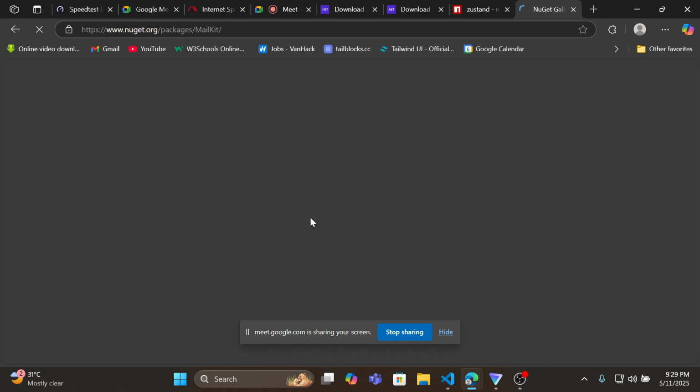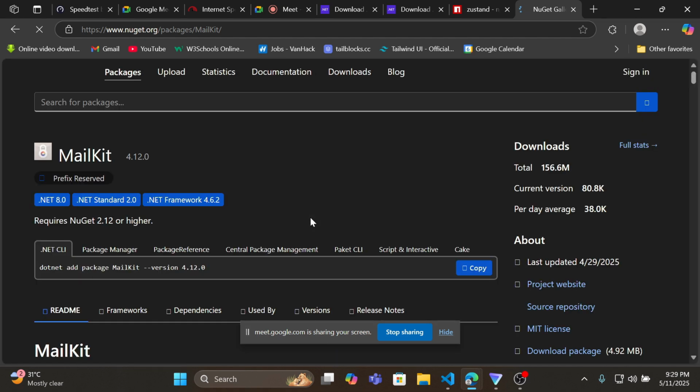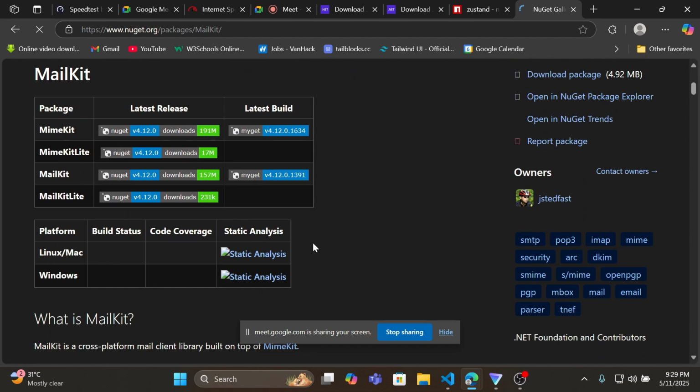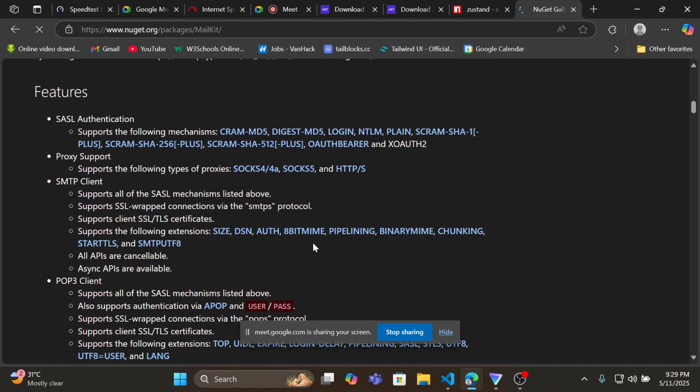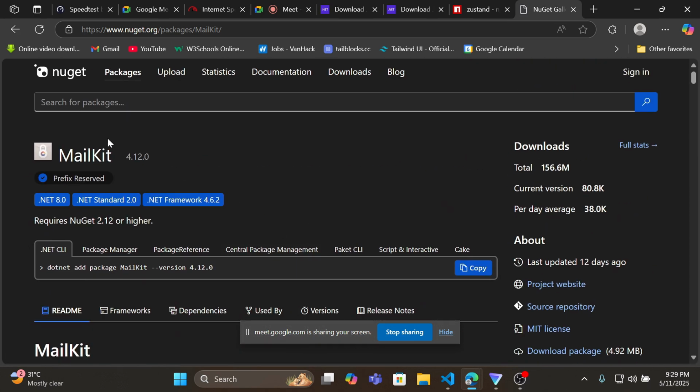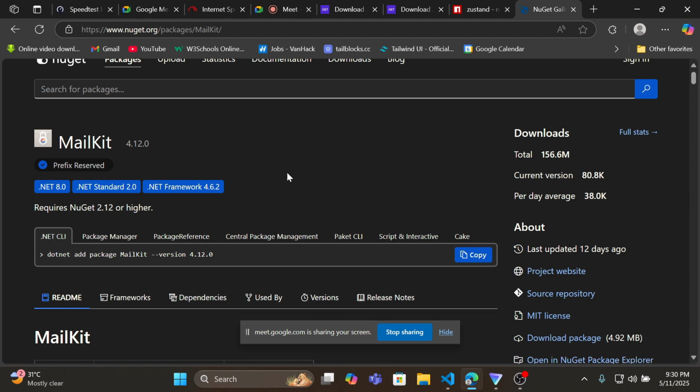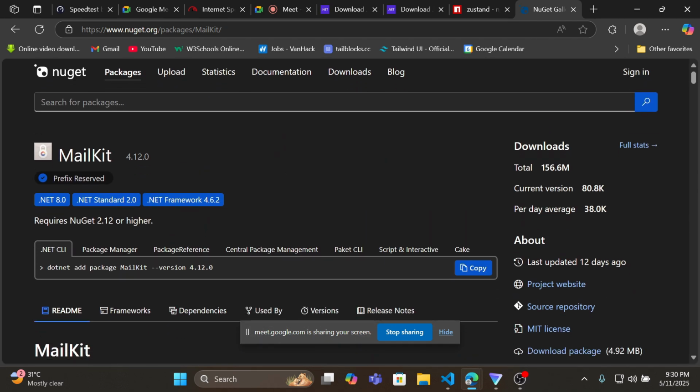So look at this one more like Nodemailer. For those of us that know Express, we know we use Nodemailer to send mail in Express mainly. So look at MailKit as a C sharp Nodemailer extension. So we can look for several extensions. One of the most popular extensions we use is